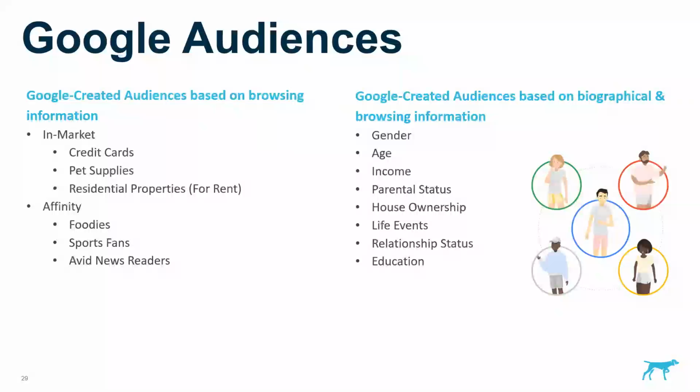We'll just have a quick run through the Google audiences and the user audiences. The Google created audiences based on browsing information. In-market is arguably one of their most powerful ones. This is what was spoken about before with the in-market car purchasing example. This is looking at all the different sites they've been visiting and how they all add up into what they might be looking at buying at the moment. Some examples are credit cards, pet supplies, then it gets very specific, like residential properties for rent. I think there are specific car brands that you can say they're looking for.